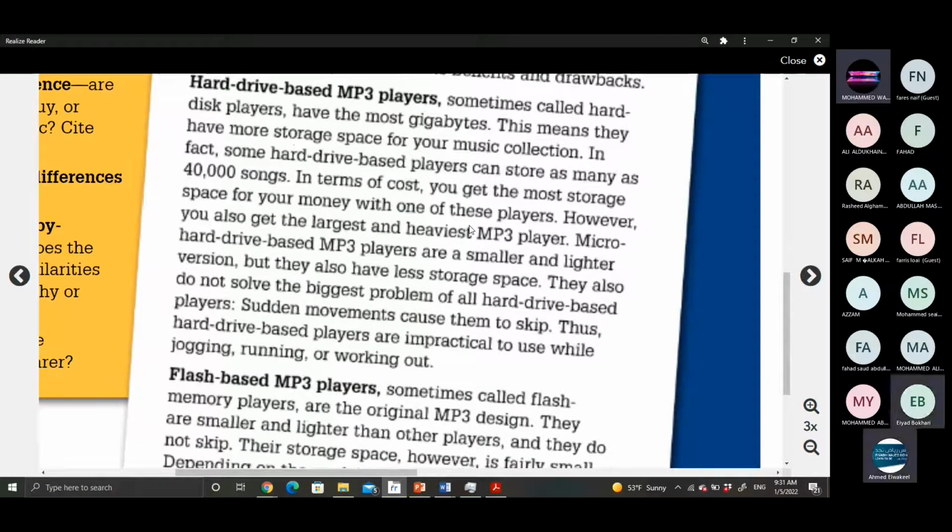For the hard drive based MP3 player, hard disk. Hello, teacher. Hello Iyad, how are you doing? Teacher, hard disk player. I am late. Yes, because I had network problems. I am not late. No problem. No problem. The session is recorded and you can. Teacher, what is the